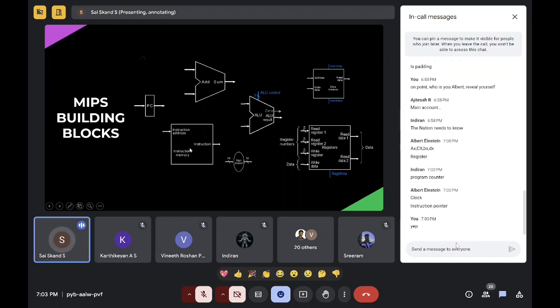You can guess it yourself. An instruction comes in. Logically, you can see what happens. First we put the instruction address, then we decode the instruction. Then we put this into maybe memory, we fetch the data and pass it on to the ALU. We get the result and store it into memory, or if we want to use it for the next operation, we reuse it. Just by thinking generally, you can guess how it works. I guess it's clear for all. Everyone okay? That's all. This is the main MIPS architecture we are going to focus on.